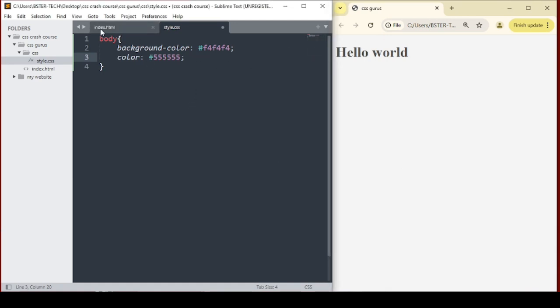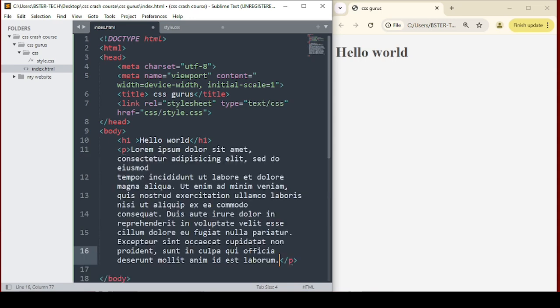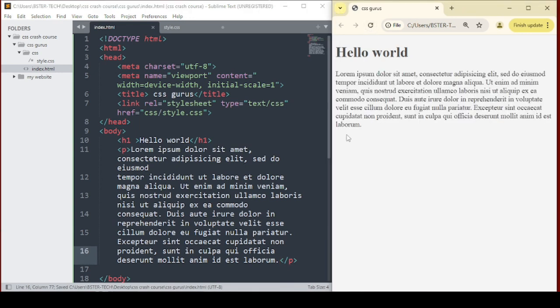If we go back to our HTML file, the next thing we are going to do is come over here and say paragraph. That is your p tag. In this paragraph, you can say something like lorem, then hit your tab. In Sublime Text, you can write lorem, then hit your tab key, and it's going to generate all this dummy text for you. We did this in my HTML crash course, to generate dummy text just for markup or for demonstration. Now if I save this, come back here and reload,